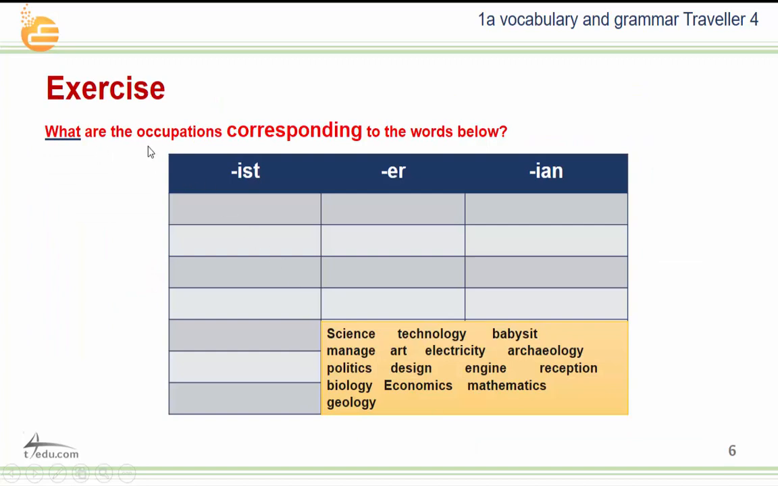Exercise. What are the occupations corresponding to the words below? Science. Should we add -ist, -er, or -ian? Can you say scientist, or scienter, or sciencian? Of course, scientist. Technology, technician, excellent. Babysit, babysitter. Manage, manager. Art, perfect answer, artist. Electricity,